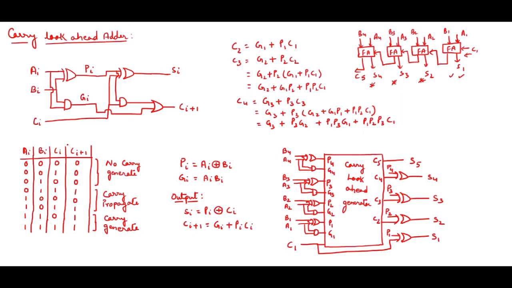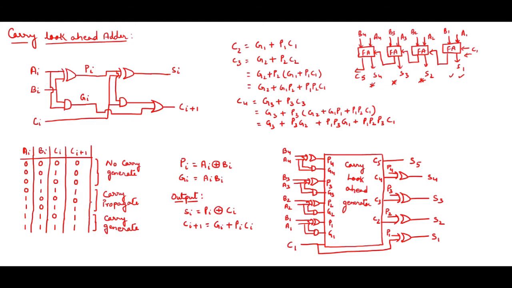So A, B, C is the input and Ci plus 1 is the carry which I am getting as the final carry output, right? If you see the table properly, what exactly I am finding: in the first three cases there is no carry generated. You can see this is 0, this is 0, this is 0. Three inputs are coming, but the final carry is not generating. So for the first three cases I have taken no carry generate.